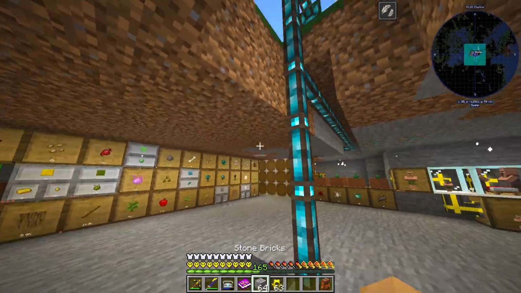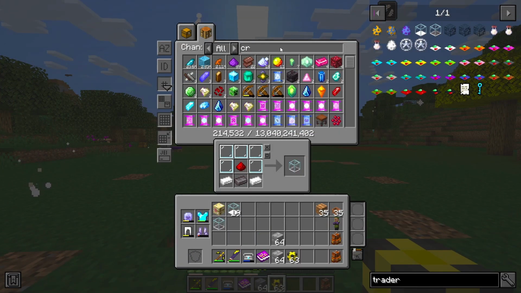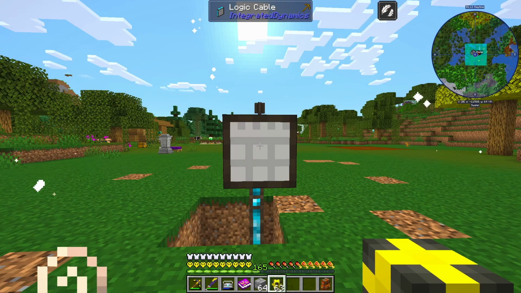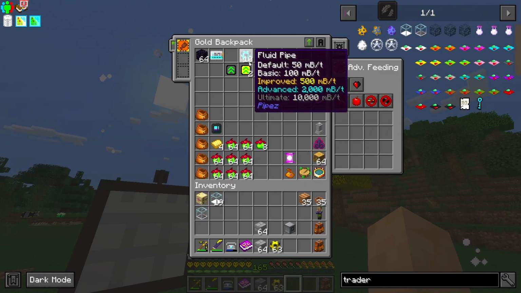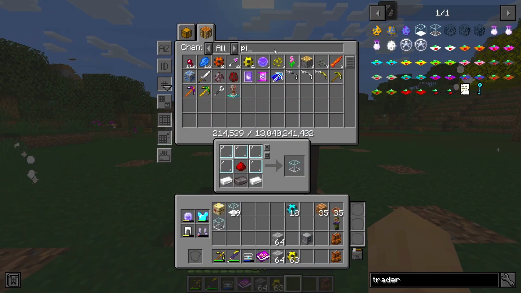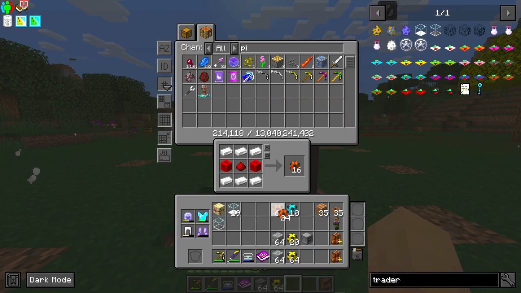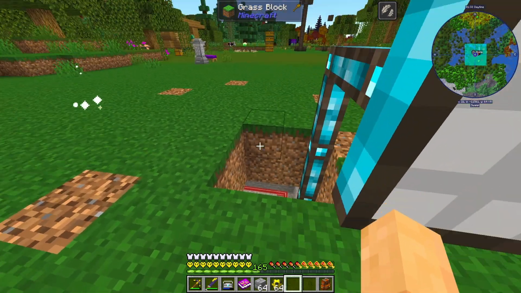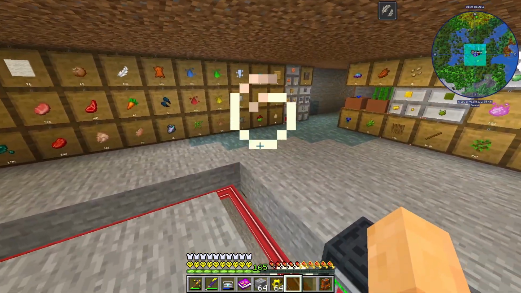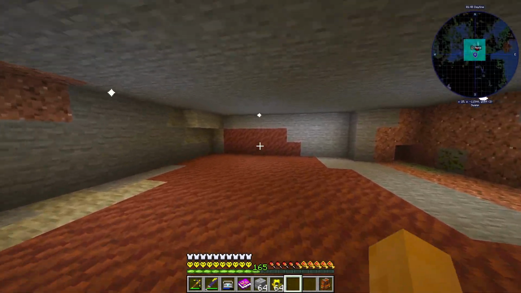So, I think one of the simplest ways we can start with, what's it called? We will need fluid pipes, maybe not, but we can get started with villager trading with fletchers, which is why I have a fletching table right here. If we go downstairs, we will see that,